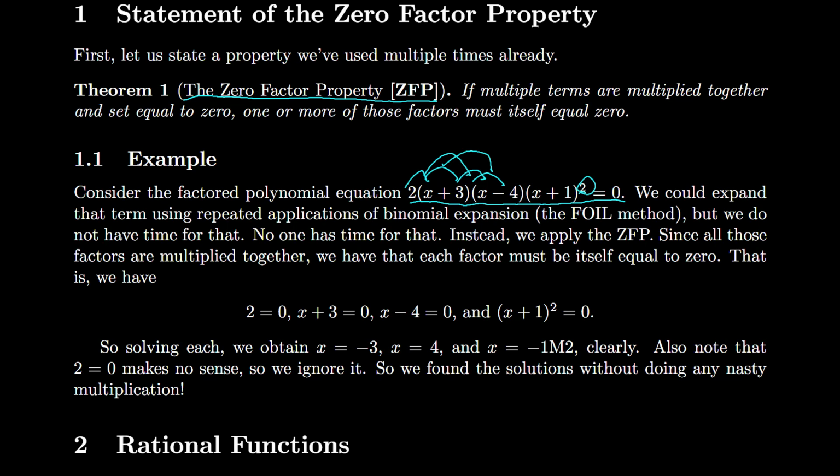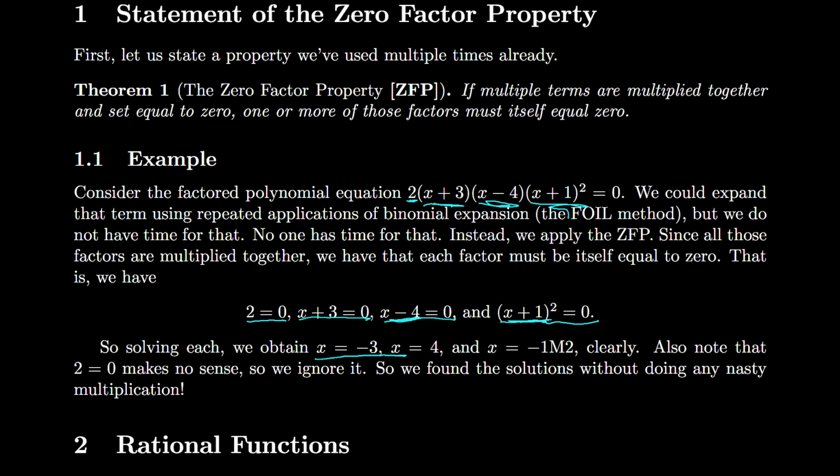Since all those factors are multiplied together, each factor must itself be equal to 0. That is, either 2 equals 0, or x plus 3 equals 0, or x minus 4 equals 0, or (x plus 1) squared equals 0. And so going back to the multiplicity stuff that we talked about before, we obtain